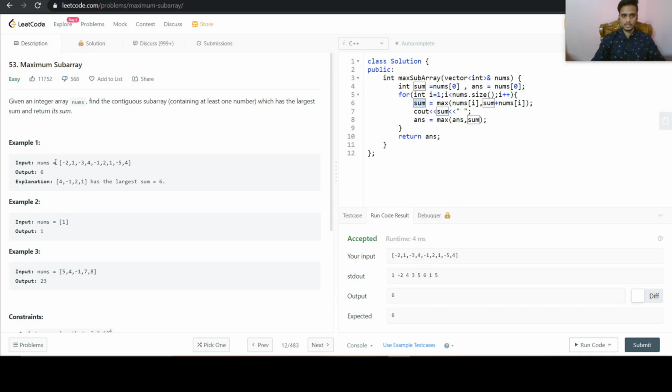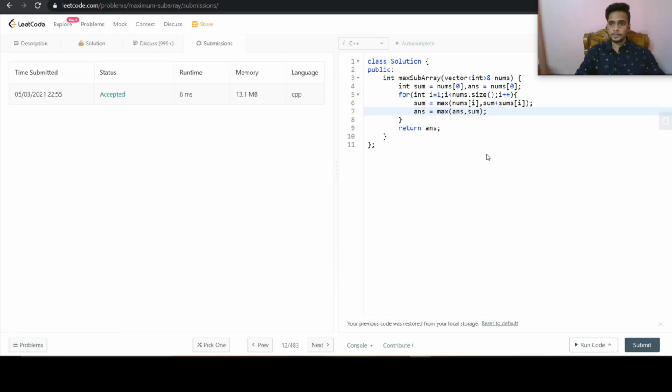So this is how this algorithm works, and we will find our largest sum in only big O of n time complexity. So I will submit my solution. The solution has been accepted, and we can do further enhancements of the solution.